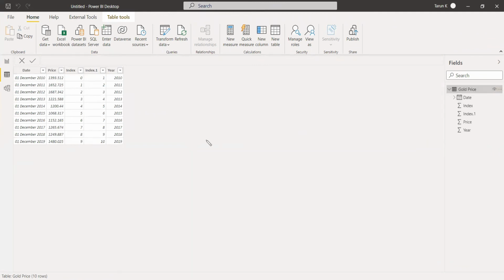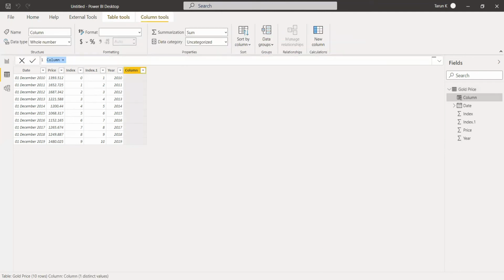So now we have this many columns. Now what we need to do is create a column, and we'll name it price variation.